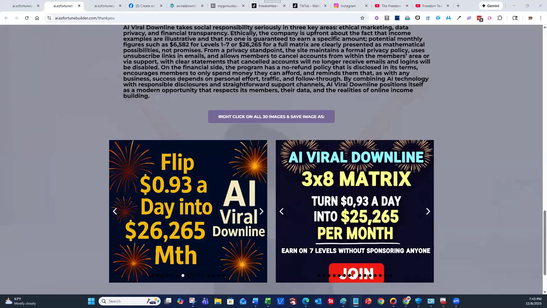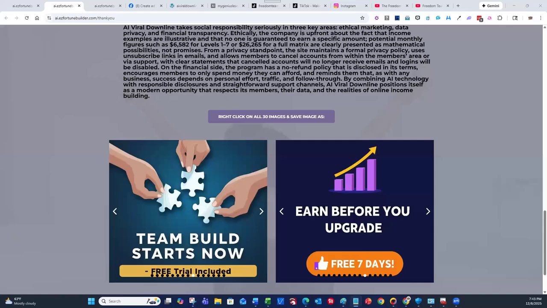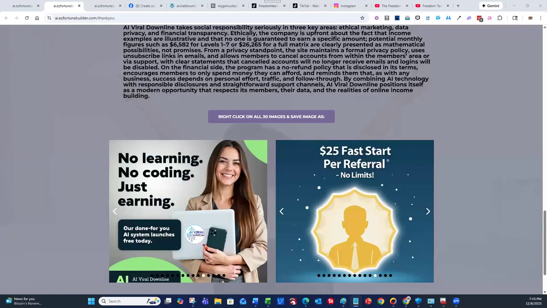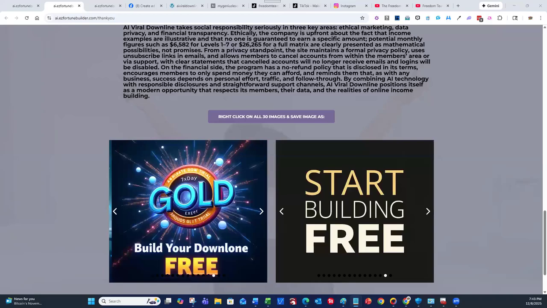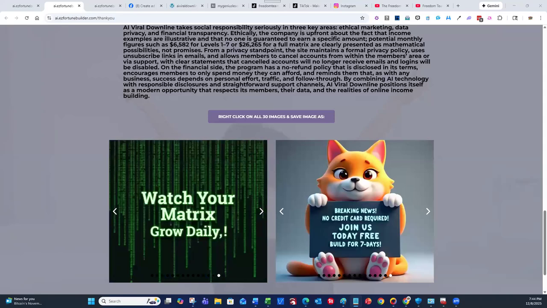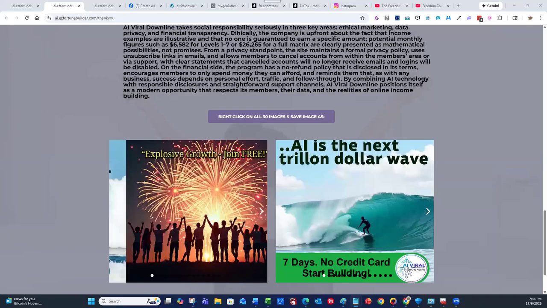And if you stay consistent, what I like about matrices is, I think I have people on my 14th level already. What that is to me is money in the bank. That's like an insurance policy. That means that if people on my 7th level drop out, then compression will keep rolling people up to me. A lot of people have this, not just me, but you have levels and levels that you don't technically see this month, but those are like insurance that later on you have more and more people that could roll up to you through dynamic compression. So I love matrices. This is the highest paying one I've ever seen.